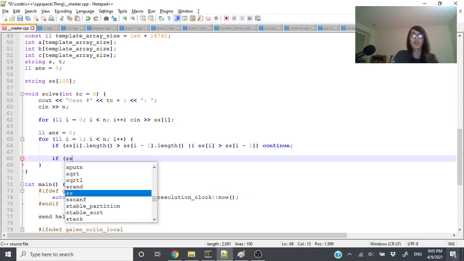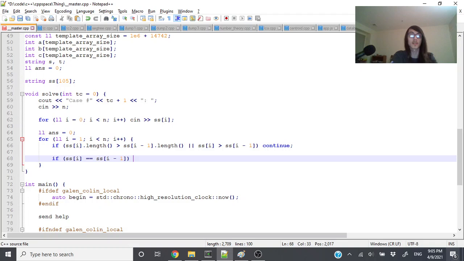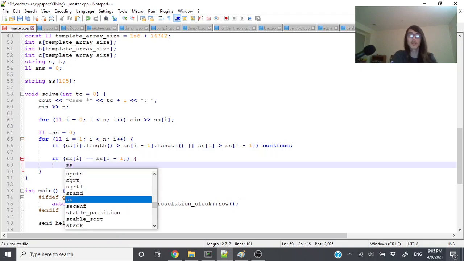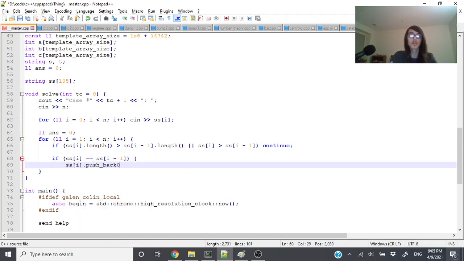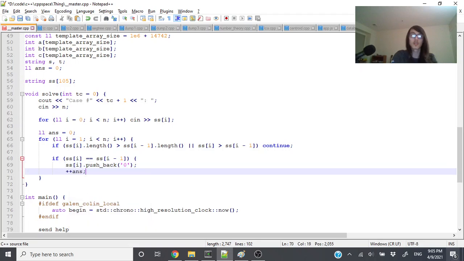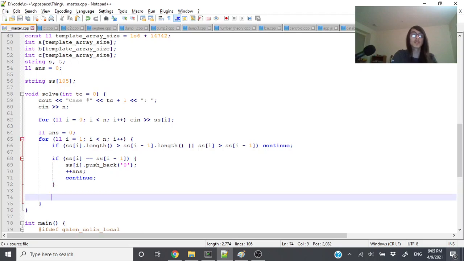If S[i] is equal to S[i-1], if they're equal, we put a 0 onto this, and